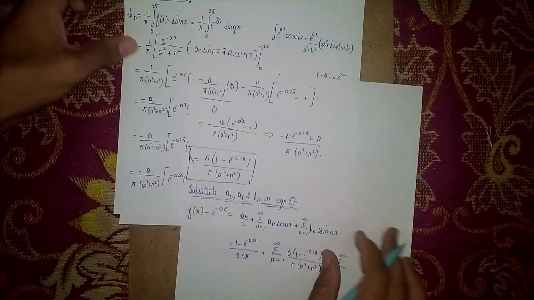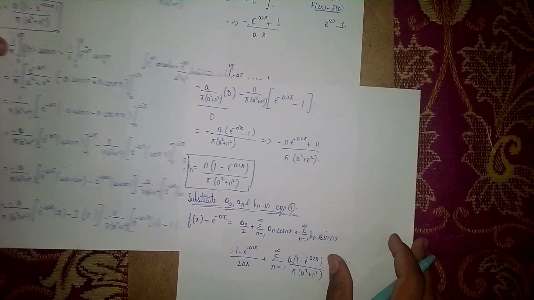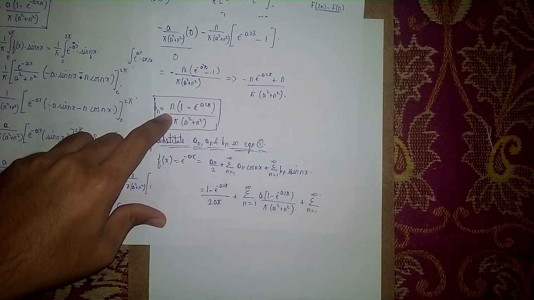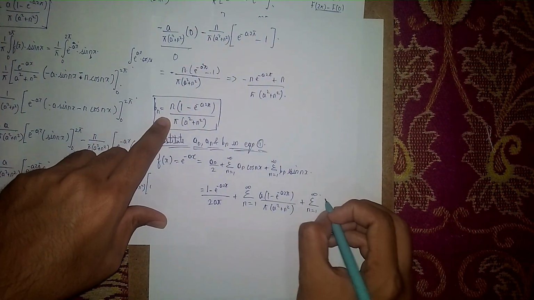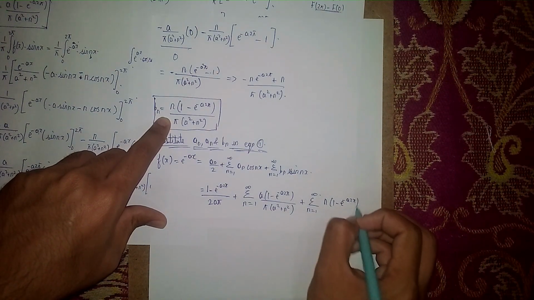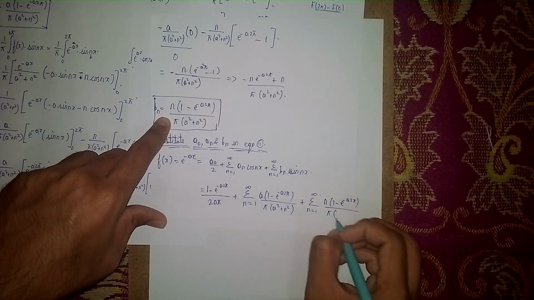Then you will take this bn value. What is the bn value? Bn is this, n into 1 minus e power minus a 2 pi, under bracket pi into a square